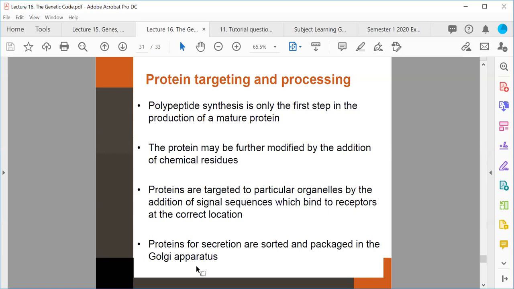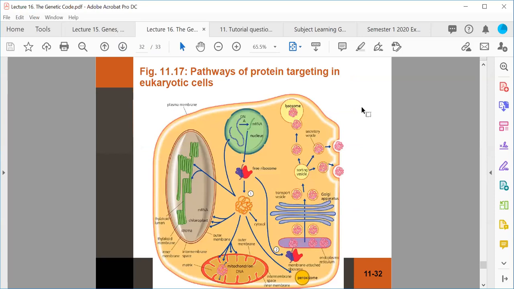Any proteins that have to be secreted from the cell are sorted and packaged in the Golgi apparatus. All right, and that's all illustrated here. Lots of examples here of where the final protein may be targeted. So this is one cell that we see here. Here's the nucleus within the cell. Here is one chromosome, let's say,